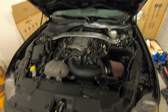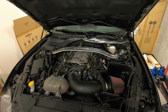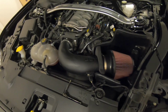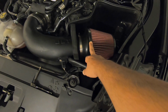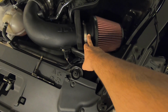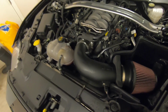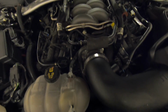All right, so I didn't want the engine to be smoking hot, so I haven't really driven the car around today, just got her backed in here so I have a little room to work. But you could hear in the video that it is popping, and you hear it through the filter here on the intake. So I'm gonna take the filter off, just see if there's anything maybe loose in there. But from what I can hear and what I've read up online, it could possibly be the throttle body